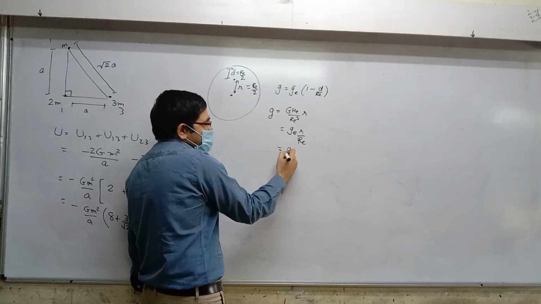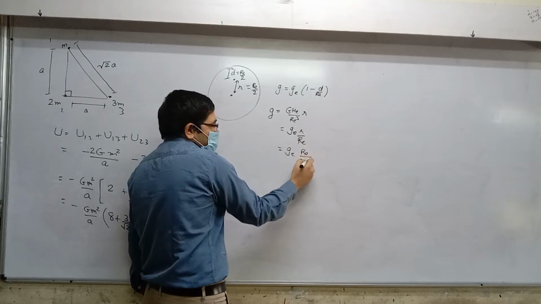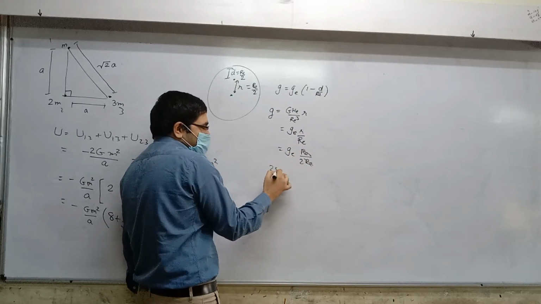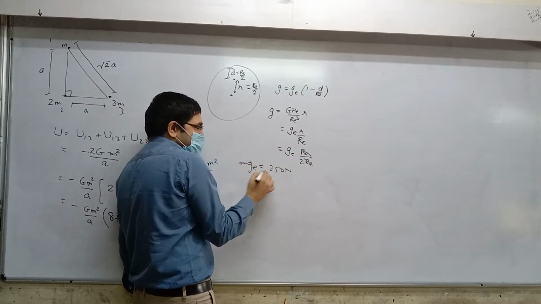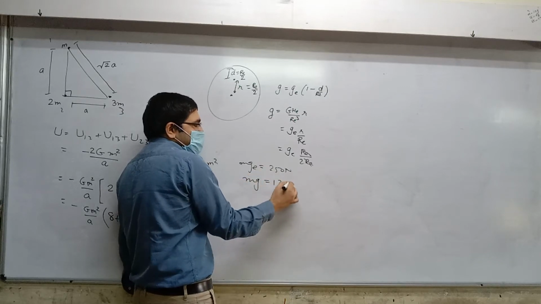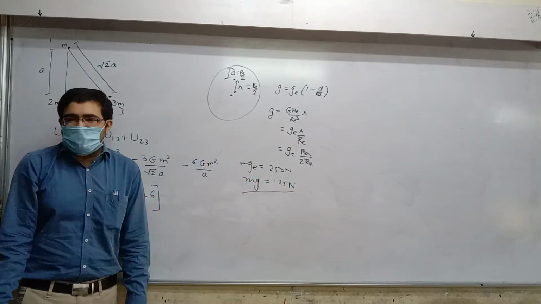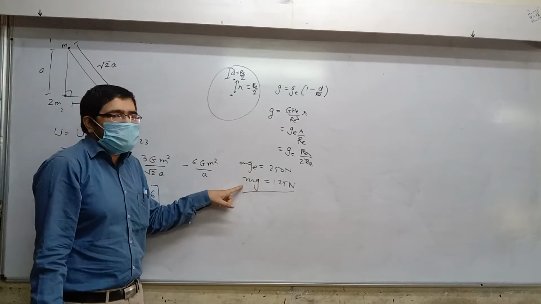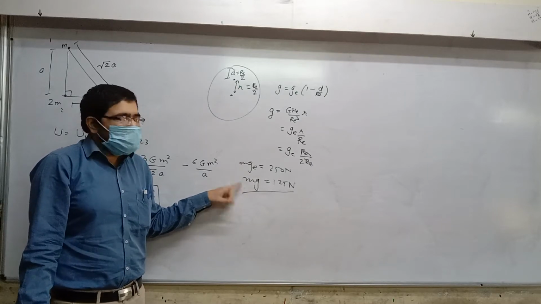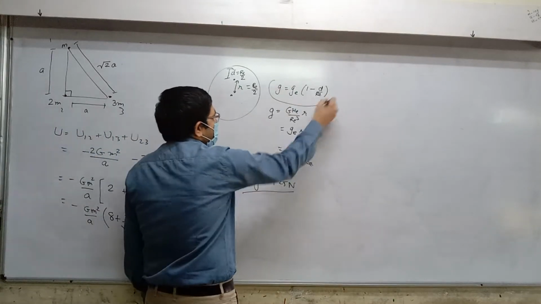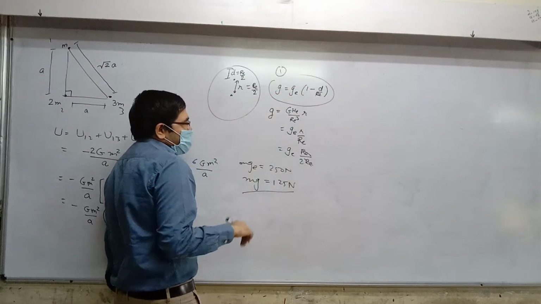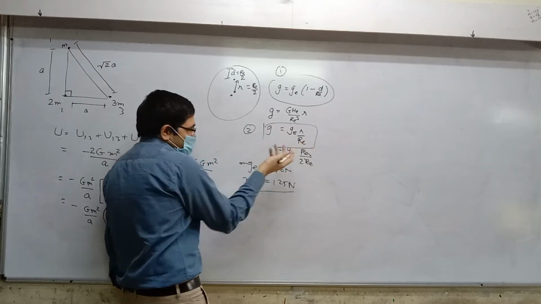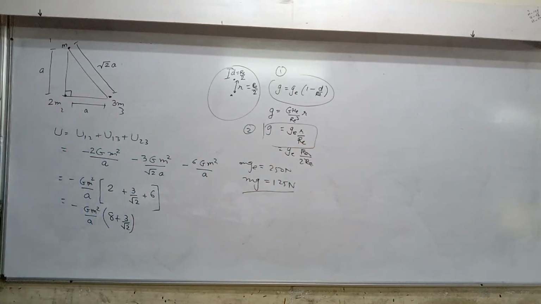So what do we write here? GE into RE by 2 upon RE. So RE cancels, and where there was GE there is now GE by 2. So 250 Newton, which was mg at the surface, will now become mg equal to 125 Newton. Do you understand why it became half? Because the value of g is half of GE. Mass never changes. Clear? So these are two ways to do it. This is method number 1, which is directly using the formula, and this is method number 2. You should know both. Okay? Anything else?